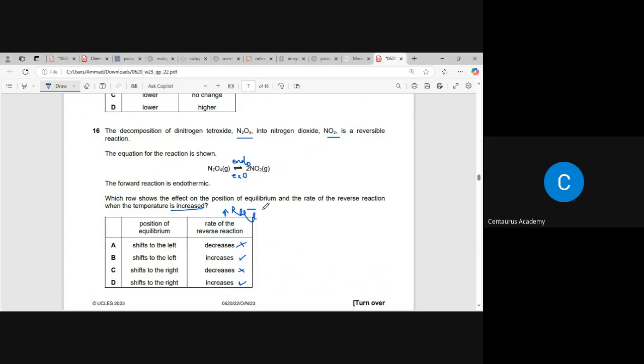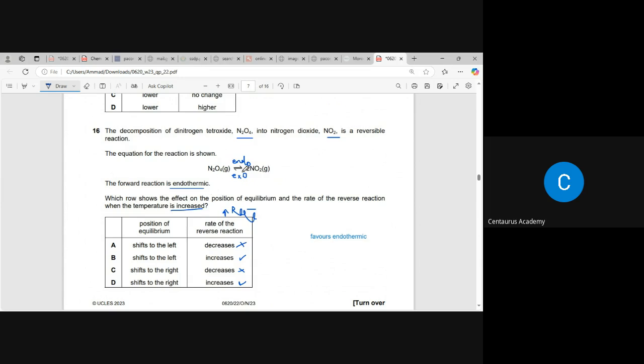Increasing the temperature actually favors endo, okay? It favors endothermic processes. It favors endothermic reaction. So which is the endothermic reaction? It is the forward reaction is endothermic, right? If the forward reaction is endothermic, this means that it should favor